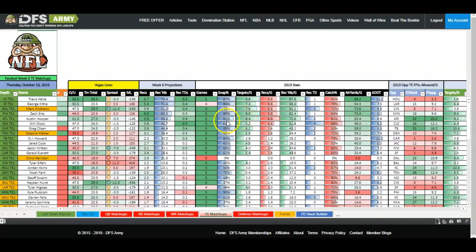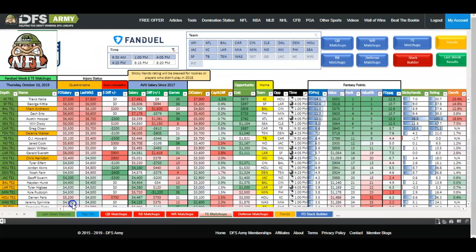Okay. Austin Hooper is another decent shot because we know that Arizona is bad against the tight ends. They are projected to score 27 points and they are favored. The only difference is they're on the road and you get 8.4 targets out of Austin Hooper right now. Right? Will Dissly is another one. Let's see what's Will Dissly's price. It's come up. 6,000, 6,400, 6,300. So for 6,300,